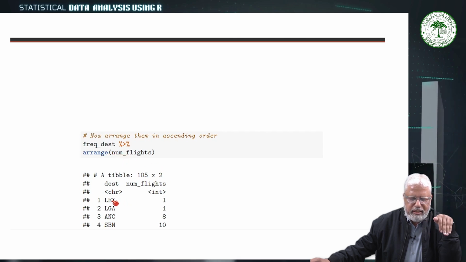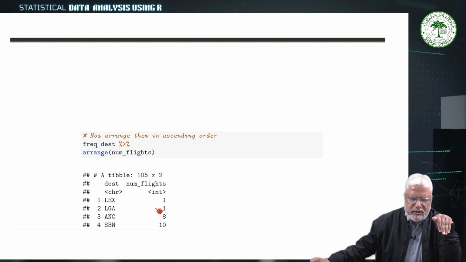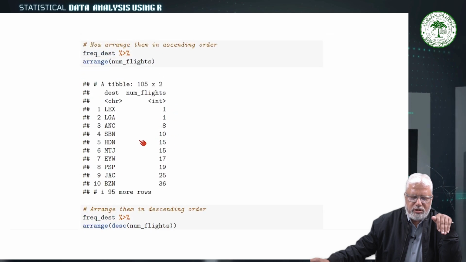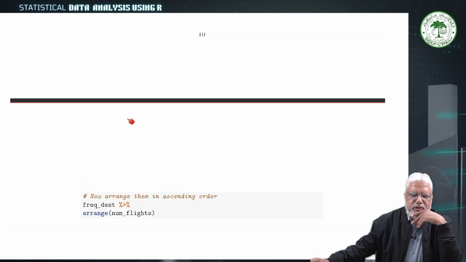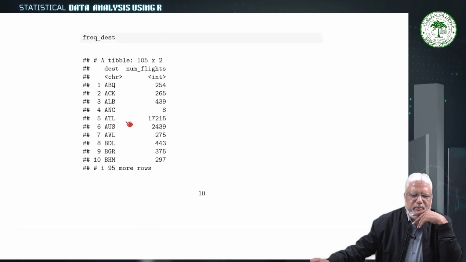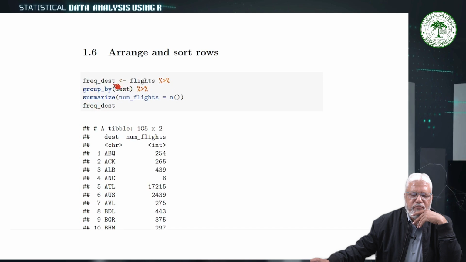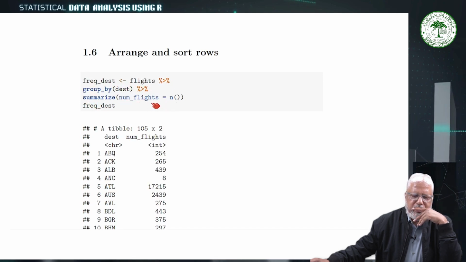So LEX has the minimum, LGA is the minimum, and so on, from minimum to maximum, it is increasing order. So arrange number of flights. First we have created number of flights by grouping by destination and number of flights equal to n, and then